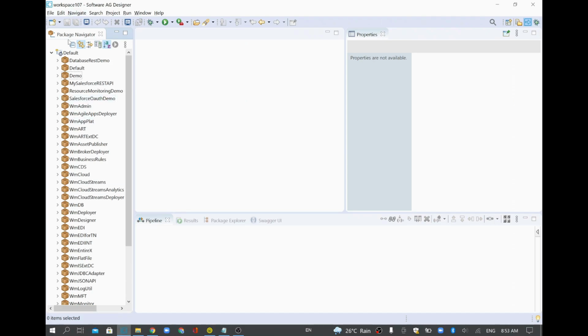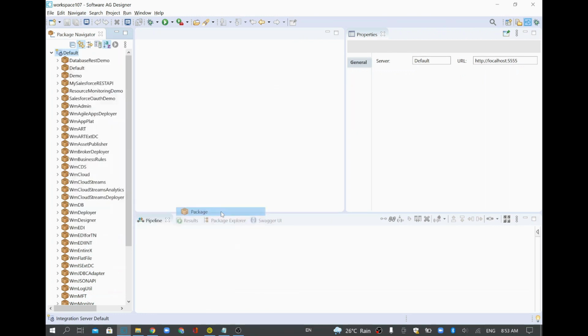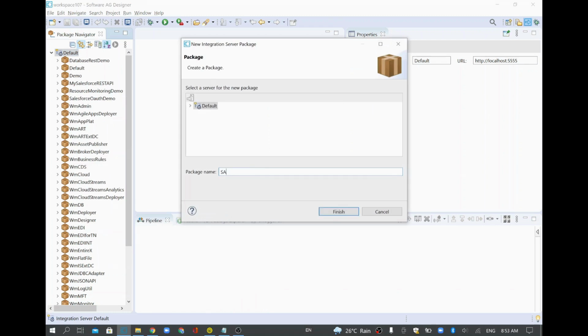I'll go and create a package, right click, new, and I'll name this package SOAP attachment demo, and I'll click finish.